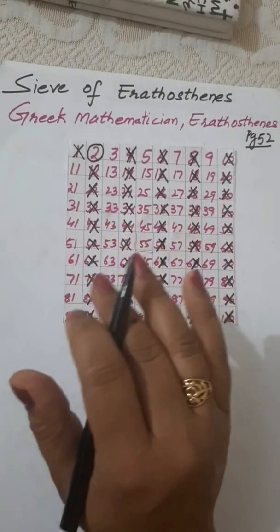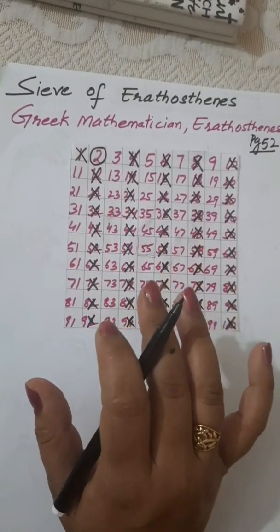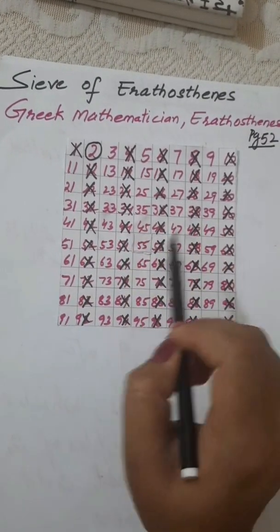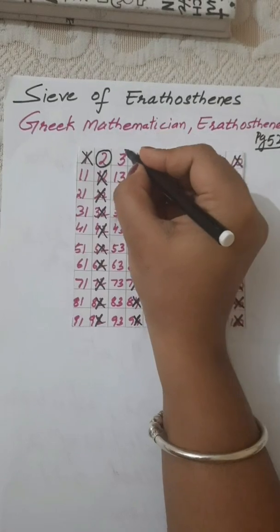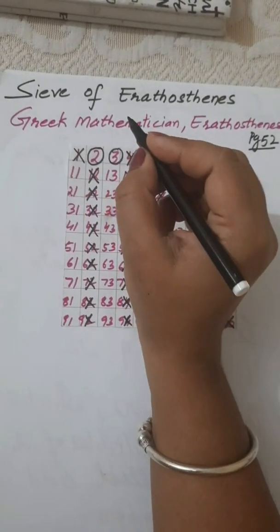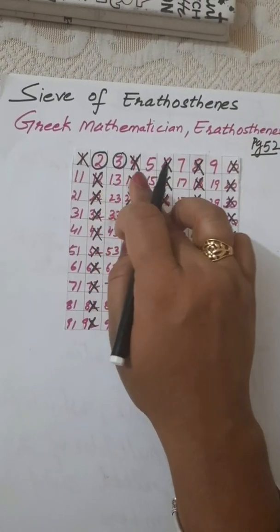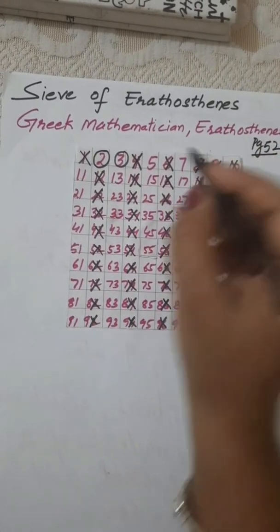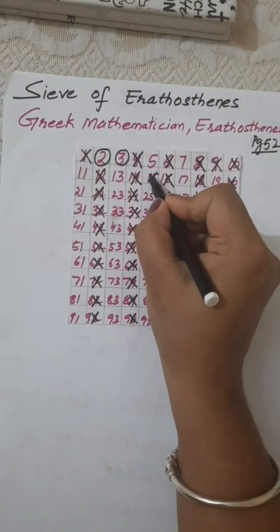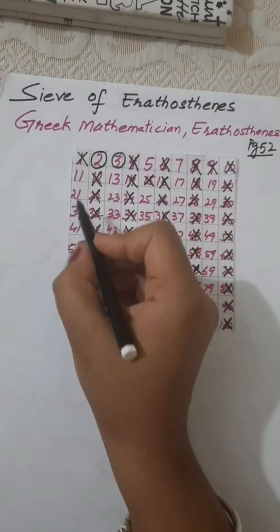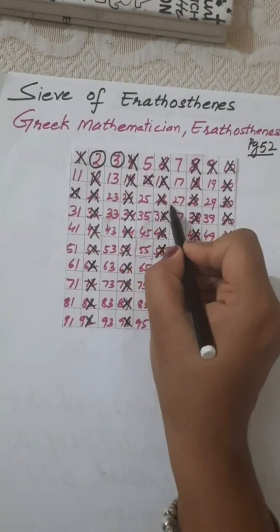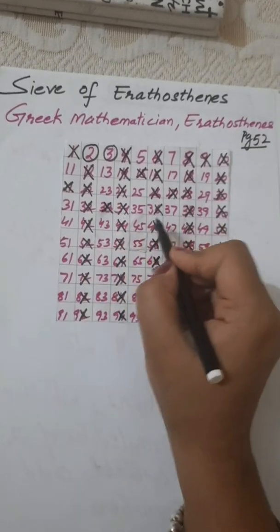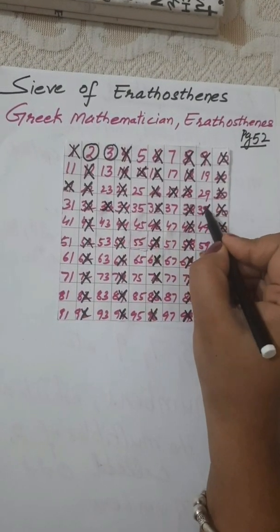First step is we just cross out 1 because 1 is neither a prime number. Then second step, I encircle 2, then cross all the multiples of 2. Third step is to encircle 3 and cross all the multiples of 3. So let's check the multiples of 3 here: 9, cross it out. Then we have 15, then 21, then 27, then 33, these are the multiples of 3, then we have 39,